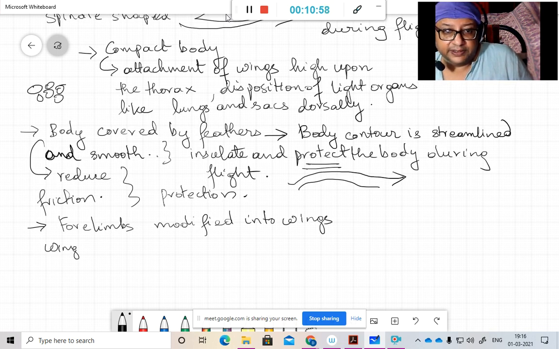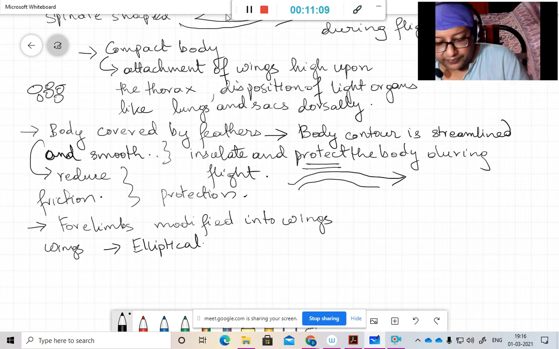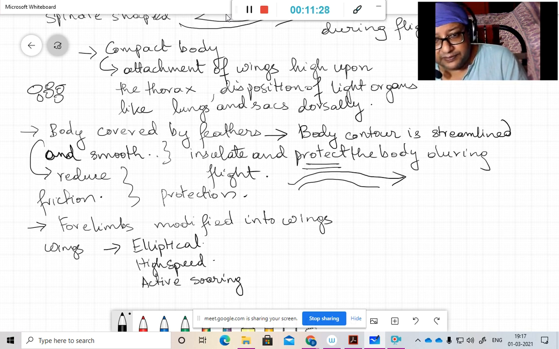The wings can be elliptical, high speed wings, active soaring wings,